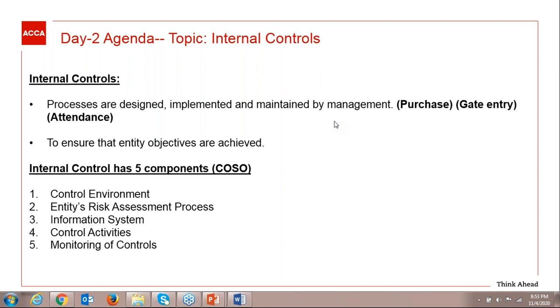Yes, policies and procedures performed by management to detect fraud. A little bit correct. Correct errors and fraud put by management. Okay. Policy made to detect error. Okay. Policies implemented by the management. Okay. There are many answers given by the students. Most of them are right, but now I'm going to discuss the exact definition and exact knowledge of the internal controls.